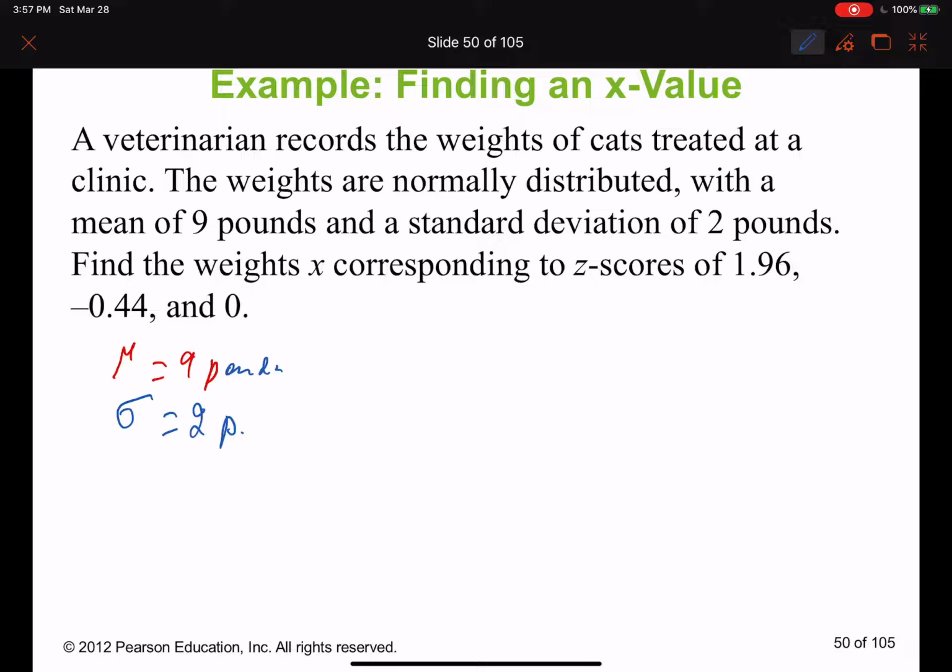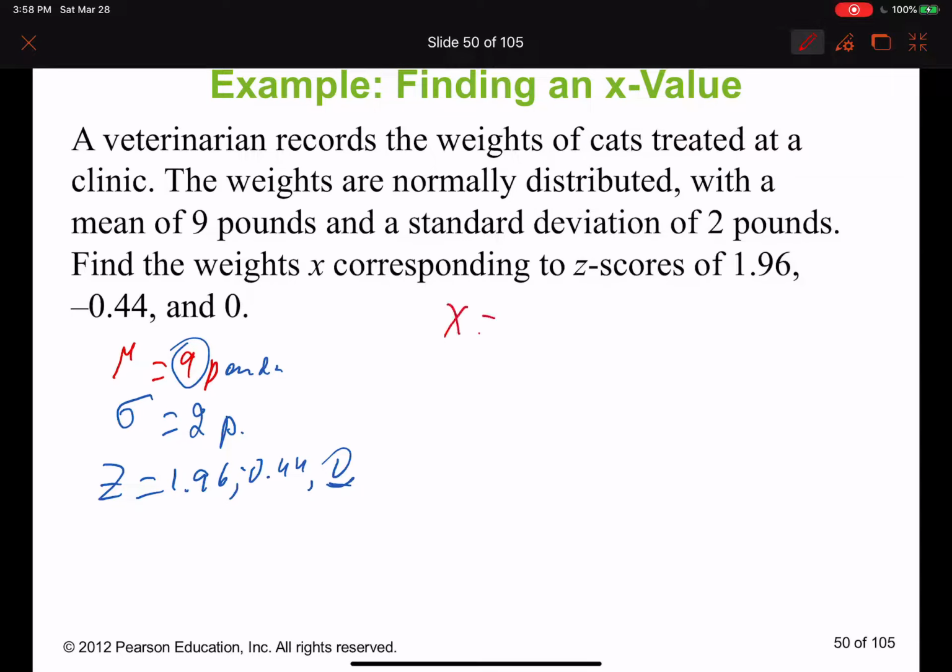Find the weight, which means x, that corresponds to z-score. We need to find x that corresponds to z-score equal 1.96, negative 0.44, and 0. First of all, when z-score is equal 0, remember what I told you from the very beginning: when z-score is 0, that matches the average of your x. And how much is your average of x? It's 9. And I will also prove why the 0 of the z-score is equal to